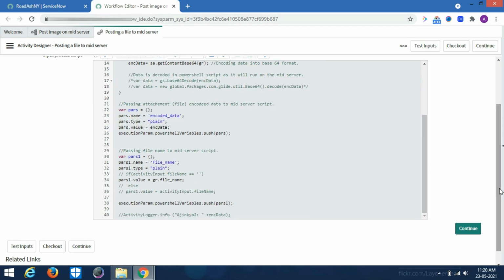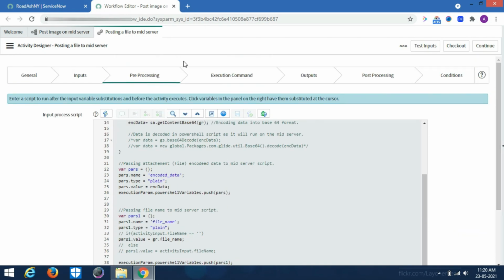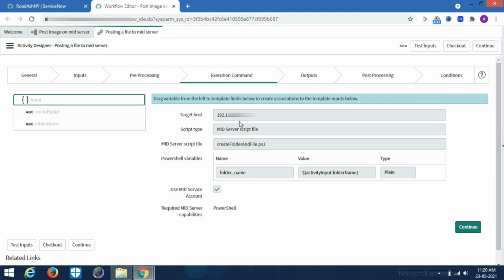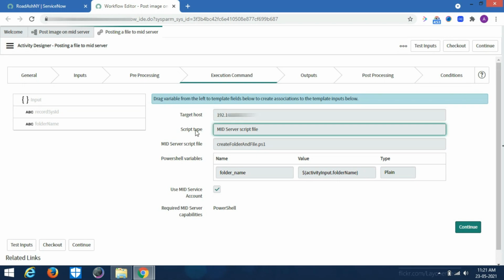So now let's go to the execution command. Here, as you can see, the target host is nothing but the IP address of our mid server computer. It can be any other computer in the mid server network, but in my case I have only one computer, so it would be the same computer's IP address. Second, the script type is a mid server script file.